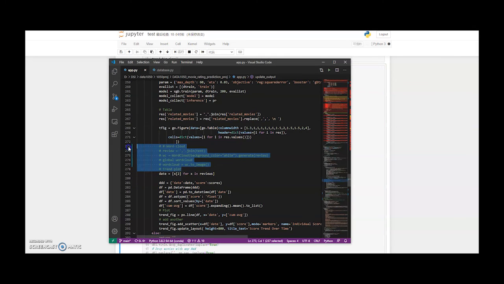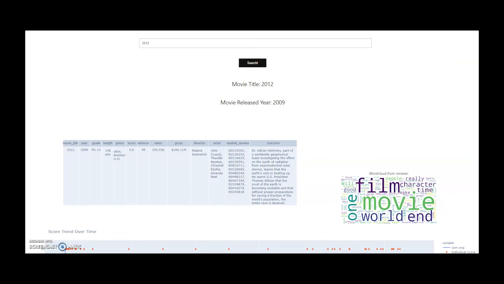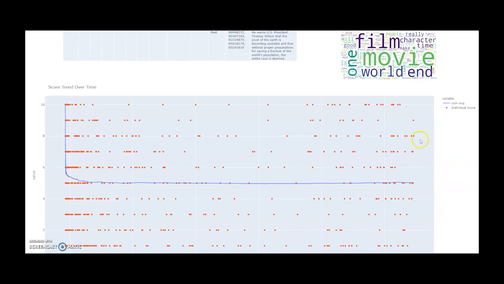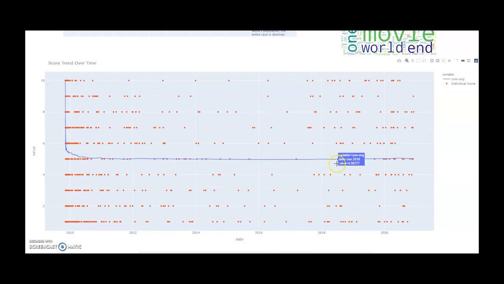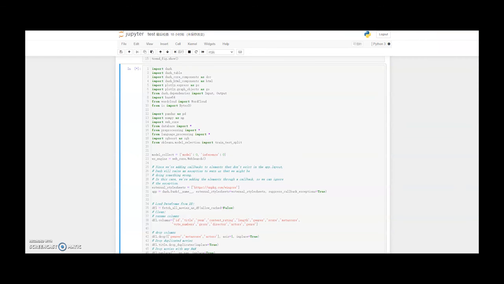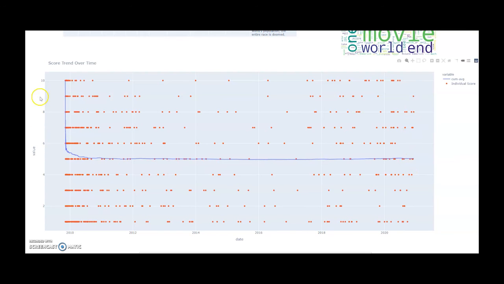And as you can see, I commented this part out in the app.py. But other than that, there is also a graph on the score trend over time. So basically, we scraped the data, extracted the scores in all of the reviews, and then averaged them over time. So here's the score trend, and all of the red dots are the individual scores.